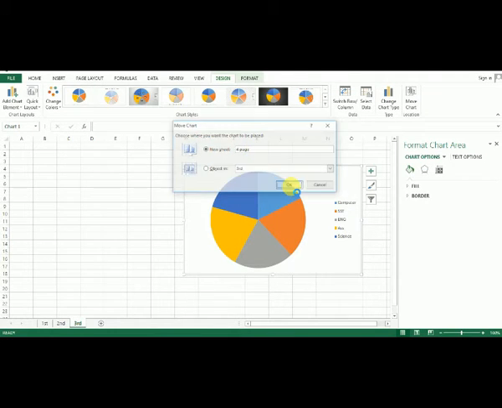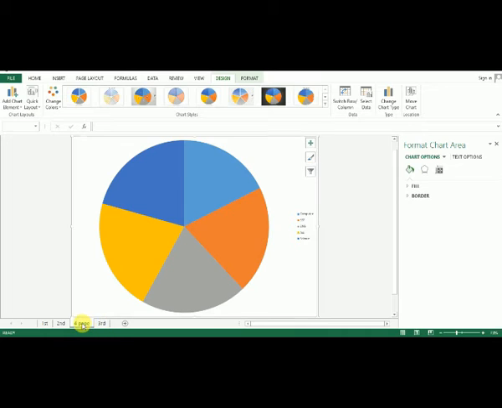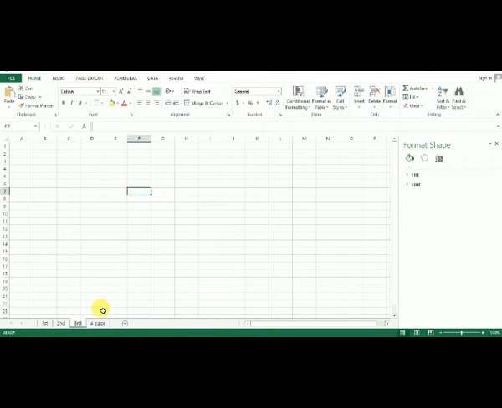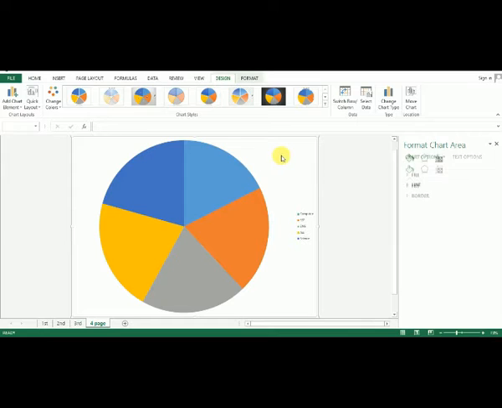Click on OK. You can see the 4 page is here. When you click the New Sheet option, the new page is automatically created, and this chart is automatically moved to the new page.